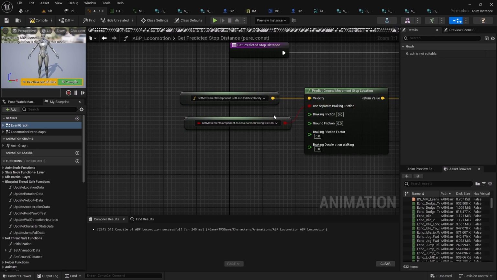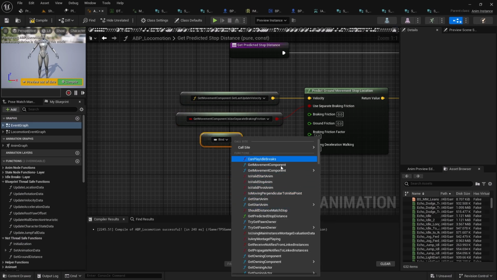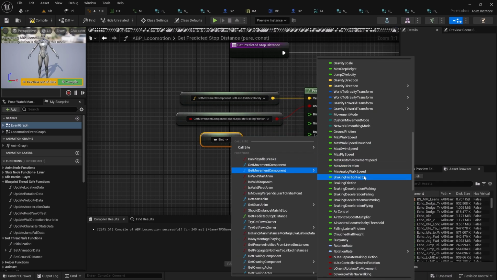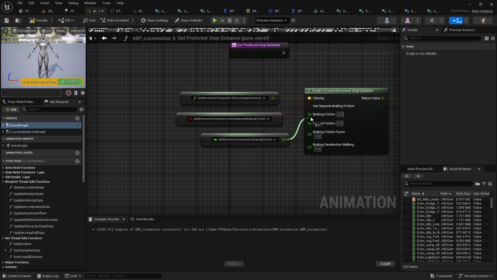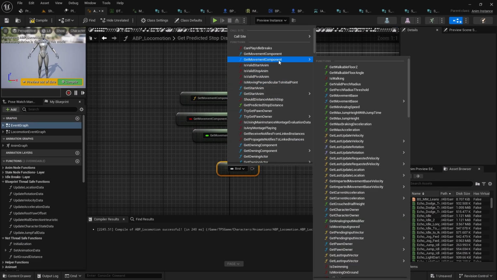So use separate braking friction, and we need braking friction. We have get movement component and braking friction, and then we need ground friction,